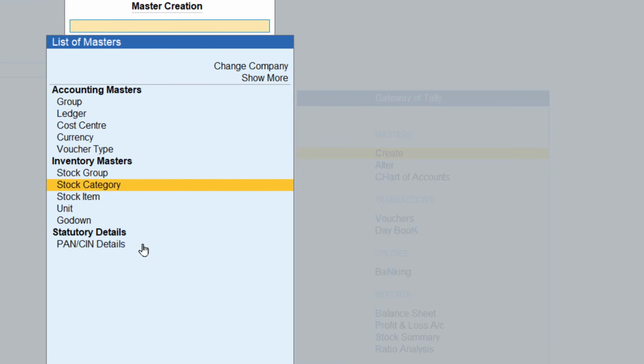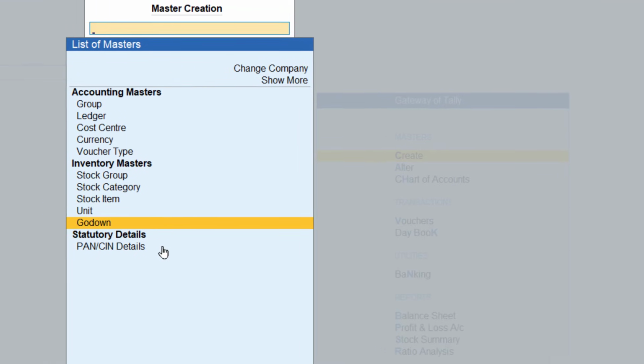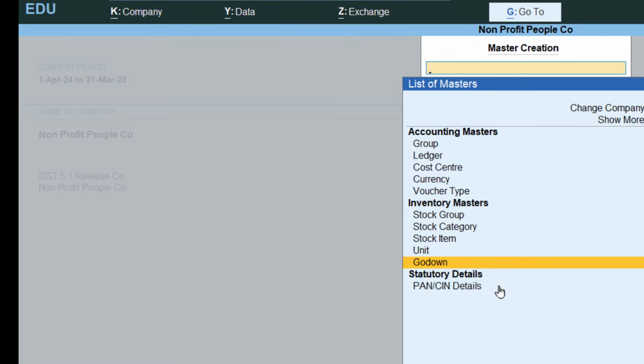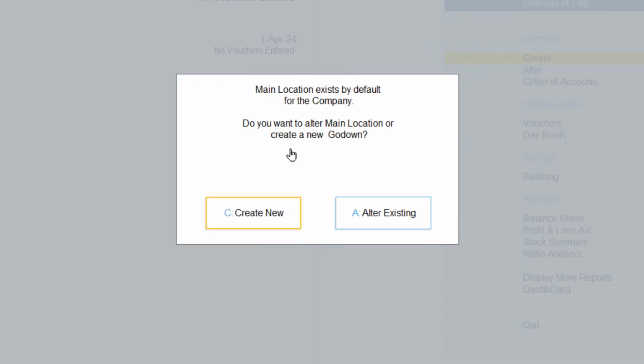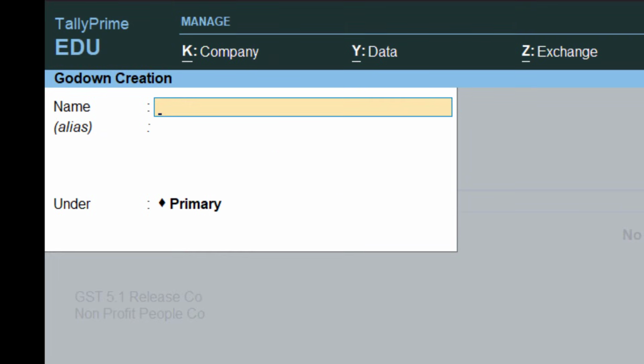Let's go to Godown. In certain versions it is also written as location, so they both are the same. Kindly do not worry. So if I click on Godown, it asks: main location exists by default for the company. Do you want to alter main location, or create a new one? Right now I want to create a new one, so let me create a new one. Nothing is there, so let me make